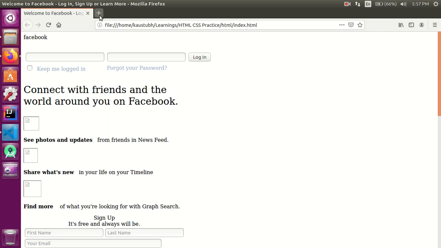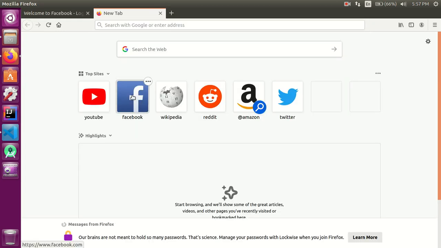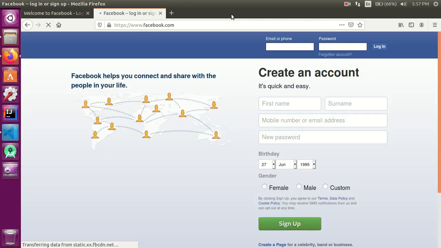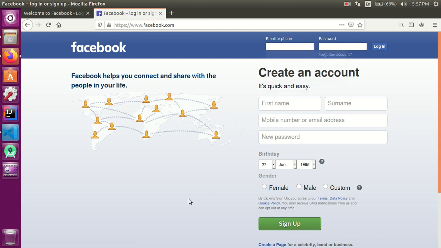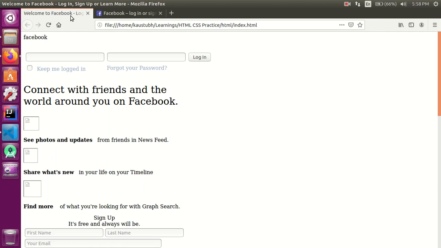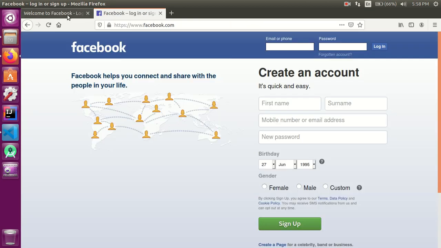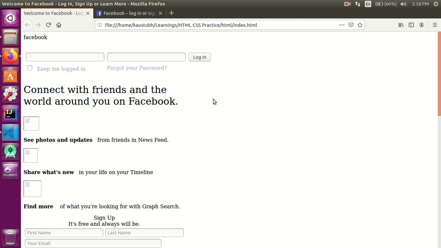Let us see the original Facebook page. If you compare, we can say that there is nothing in common between the two pages. It is really cool, and it is nothing like this one. It is only HTML. I did this intentionally. The idea is that there are some things I want to tell you.